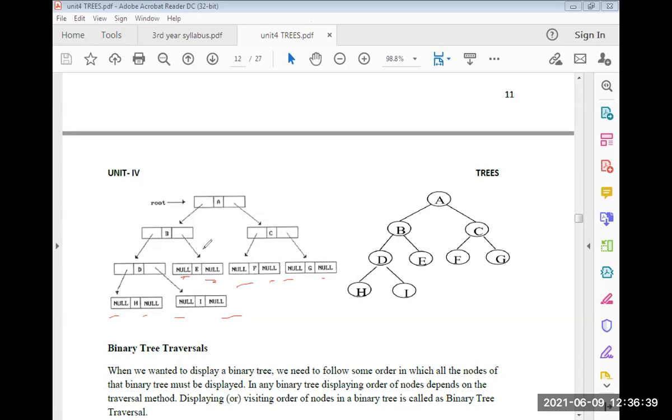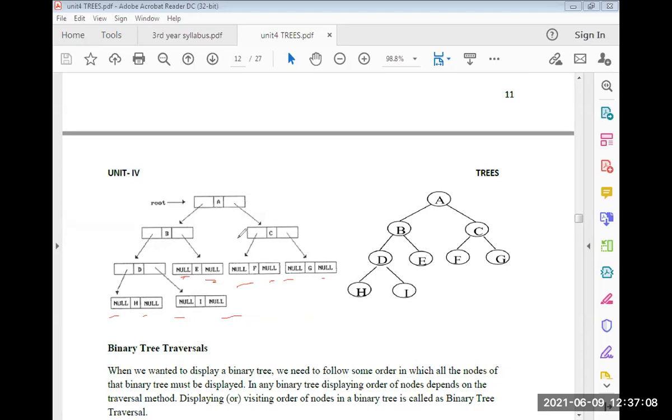So what does threaded binary mean? Link fields which contain null can be replaced by the address of some nodes. Instead of null we store the address of some nodes in the tree, which facilitates upward movement in the tree.